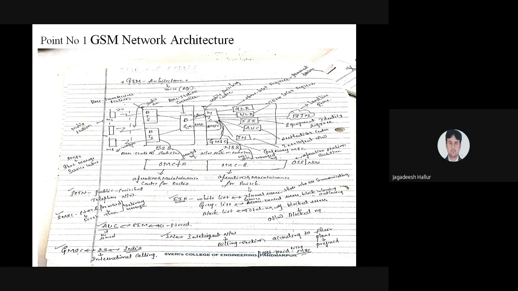Suppose you are present in Pandharpur and you move from Pandharpur to Solapur. That is what you have visited. That information has to be stored in VLR, and VLR is monitored by the MSC. So through MSC we can grab almost all the information from the database. That is the visitor location register.